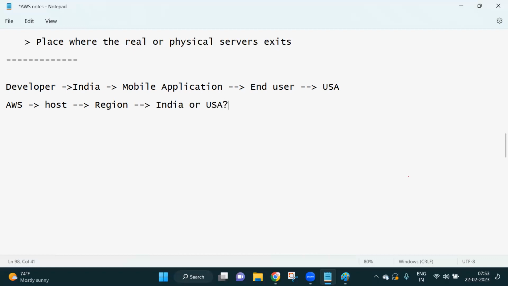Can you tell me which region you will select? Can you confirm quickly?